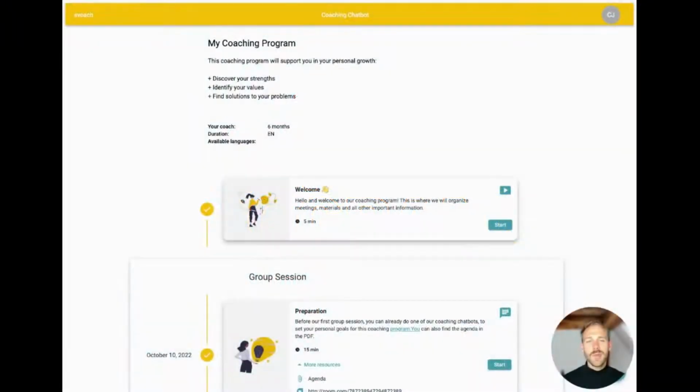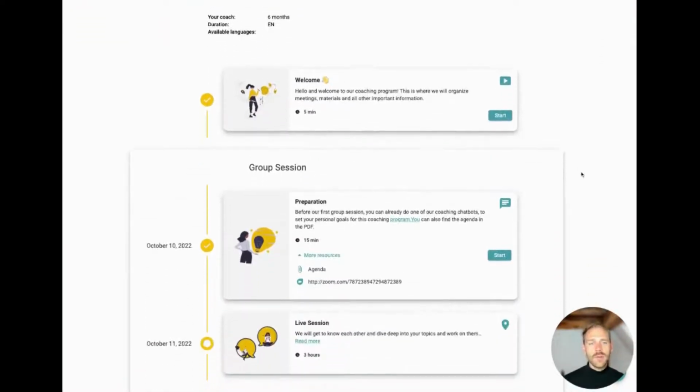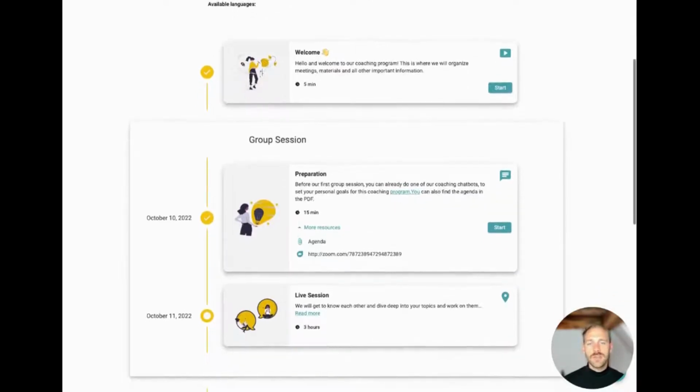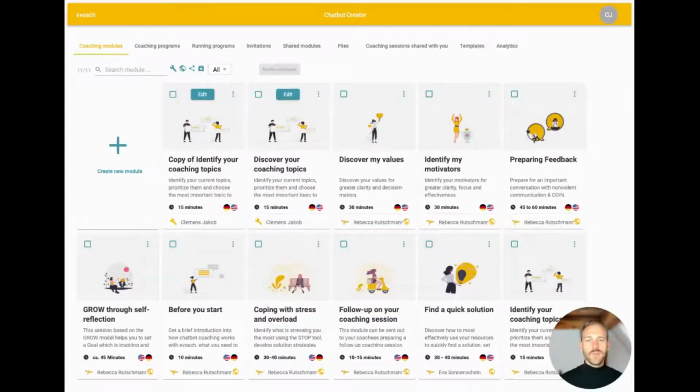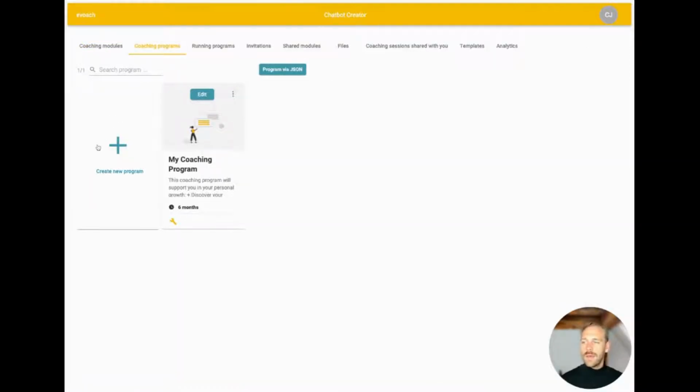But chatbots are only one capability of Evoge. You can now create an entire coaching program that includes all important information like dates, the agenda, Zoom links, or additional resources like worksheets or coaching chatbots. You can create a program like this under the Coaching Programs tab and either create one from scratch or edit